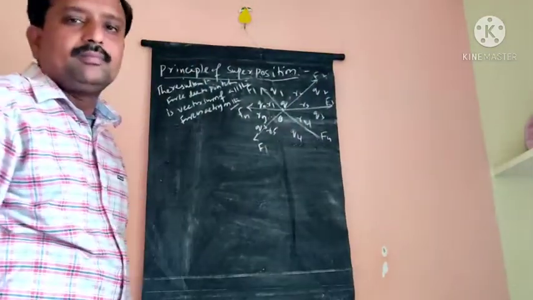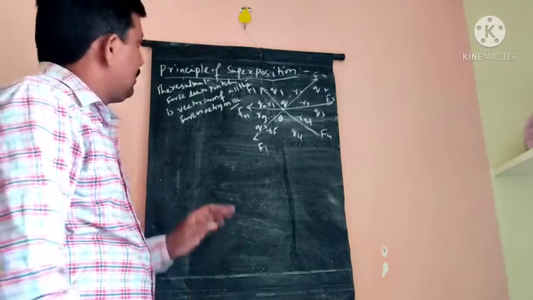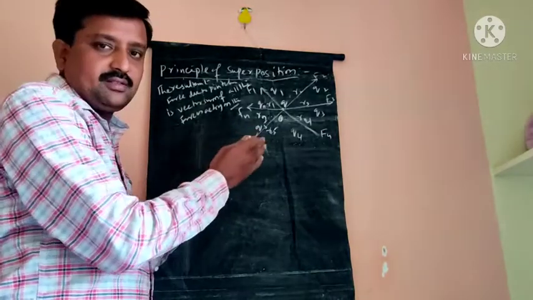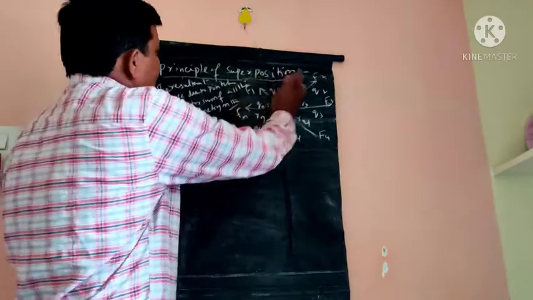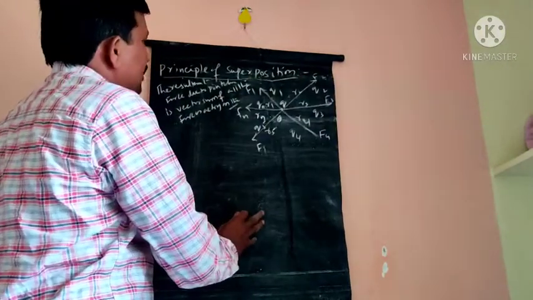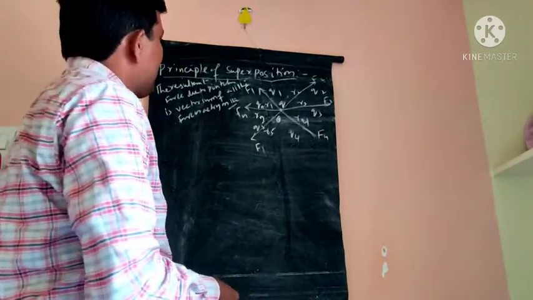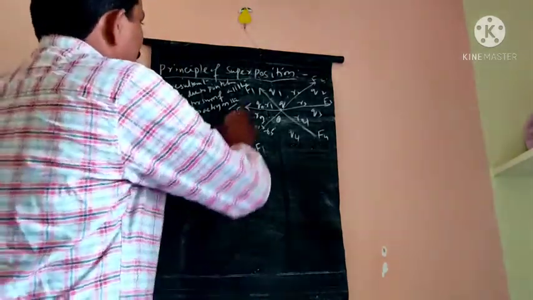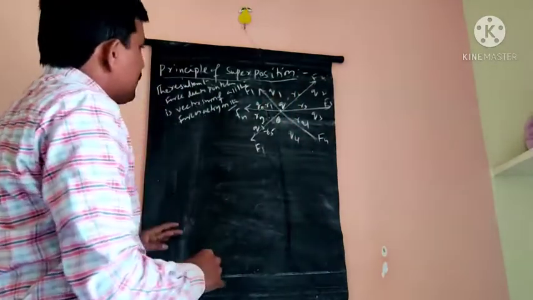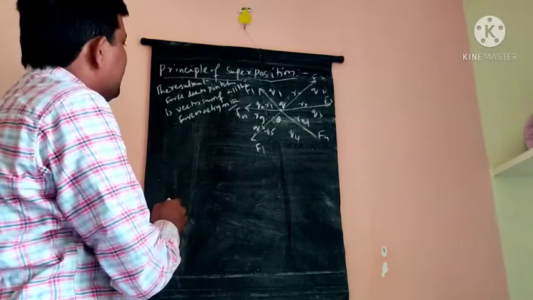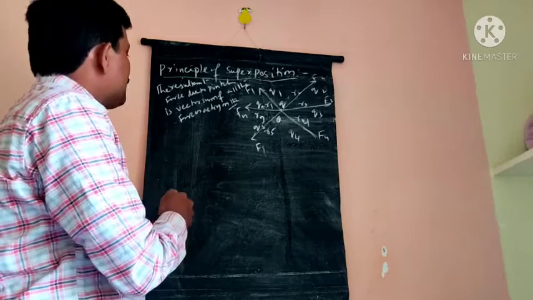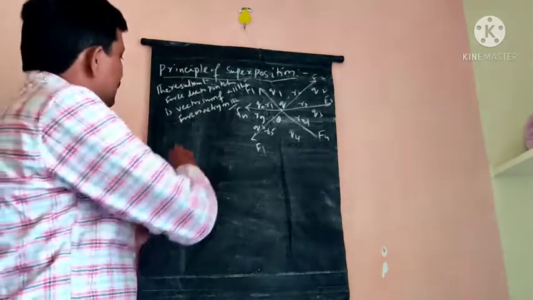Earlier class we discussed charge and properties of charge. So, electric charges and fields. Today we are going to discuss the principle of superposition. According to the principle of superposition, the resultant force due to point charges is a